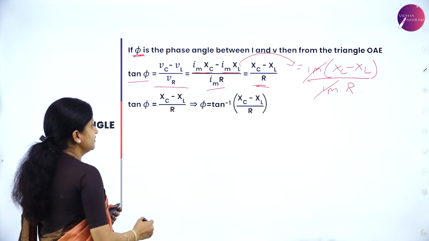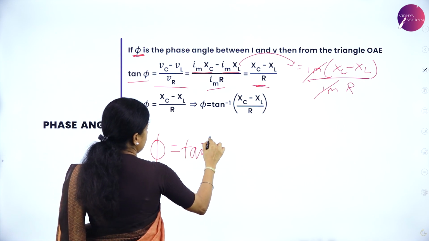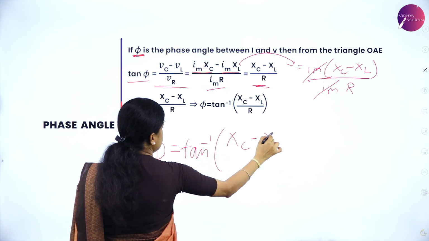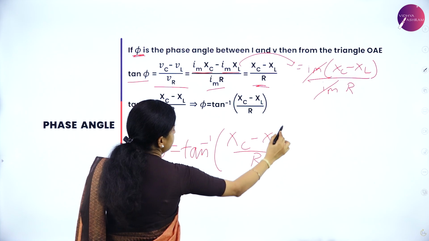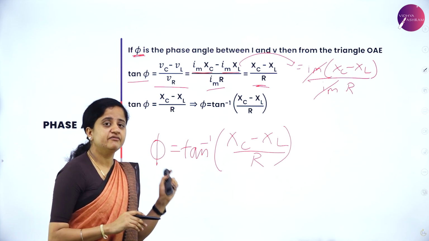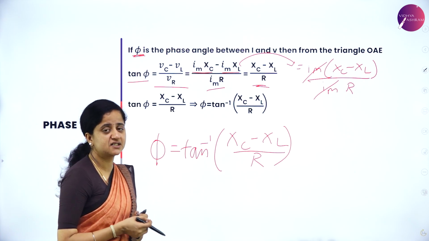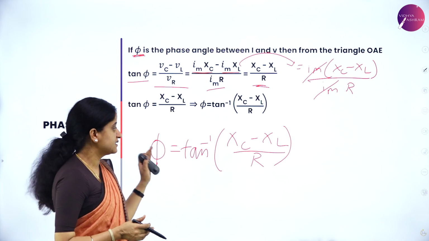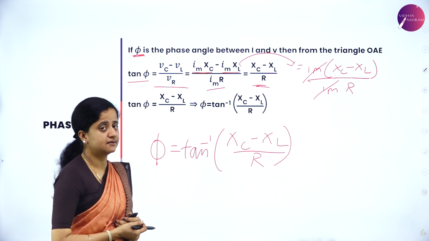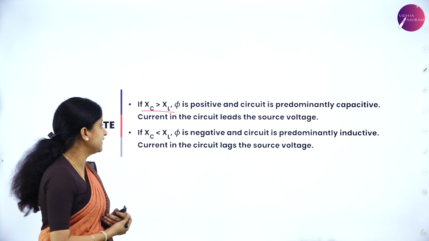But phase angle is denoted by phi, so phi will be equal to tan inverse of Xc minus XL divided by R. This formula can also be written as XL minus Xc divided by R if the inductive reactance is greater than the capacitive reactance according to the condition. This is very useful in numericals. So keep these 2 points in mind, that is if Xc is greater than XL,